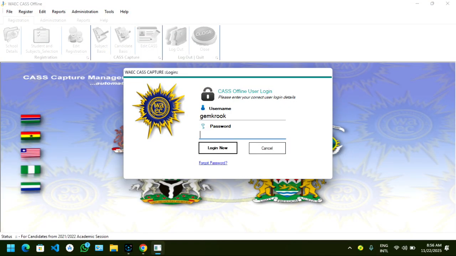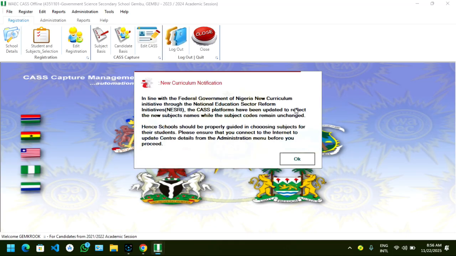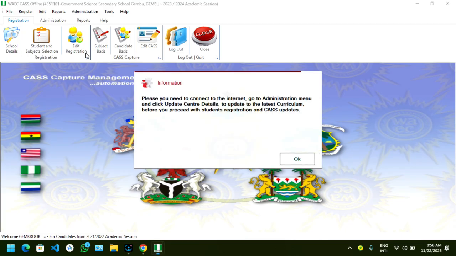So after that, the next thing, still connected to the internet, is to log into the WAEC CASS application. After logging in, you have some prompts on the screen. If this is the first time you are updating this, you are going to get a series of instructions, which include go to administration and update the subject, because you are running on the old subject curriculum. So you proceed to the administration menu, and then select update center